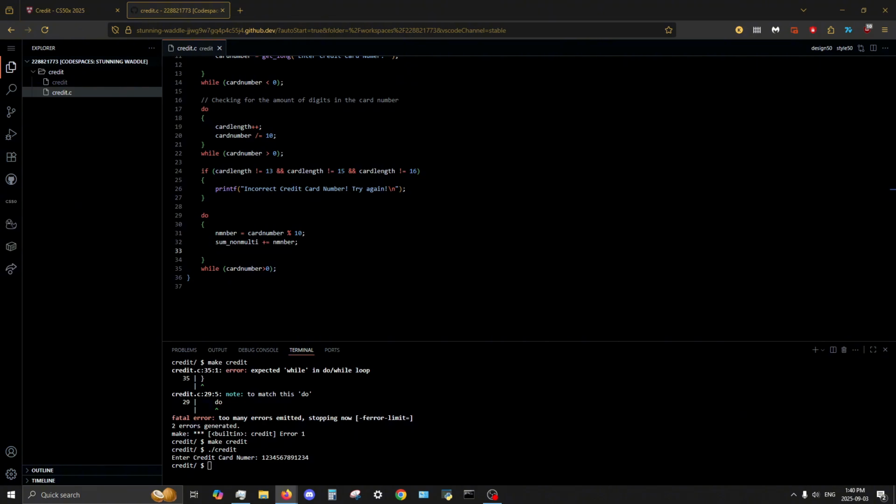No, that's not what I want. Okay. Printf, sum of non-multiplied numbers is percentage integer, backslash n,